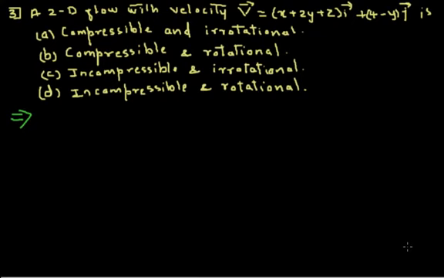Basically in this problem we have to find out whether the flow is compressible or incompressible as well as rotational or irrotational. So we have to check two cases. For that purpose the data available with us is the velocity vector. The velocity vector is given as v is equal to